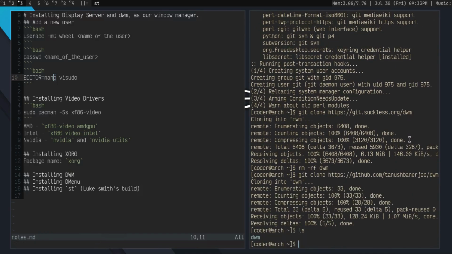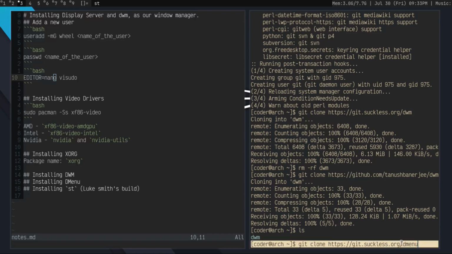Okay. As you can see, the DWM folder is there. Now before compiling it, I'll also install dmenu. So git clone https://git.suckless.org/dmenu.